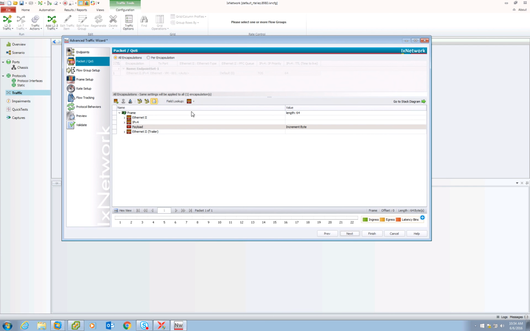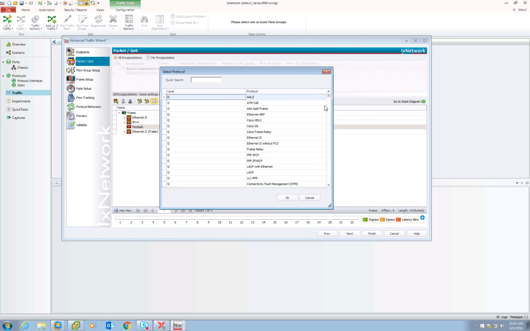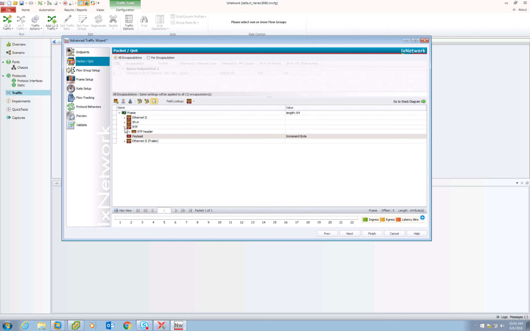So you have packet encapsulation. You can go in here and select the different types of protocols. We have a list of protocols, like we can do UDP, TCP, RTP, etc. So we can do those. We can go and add that, and you can see we have header information. So what I want to do is I want to create,